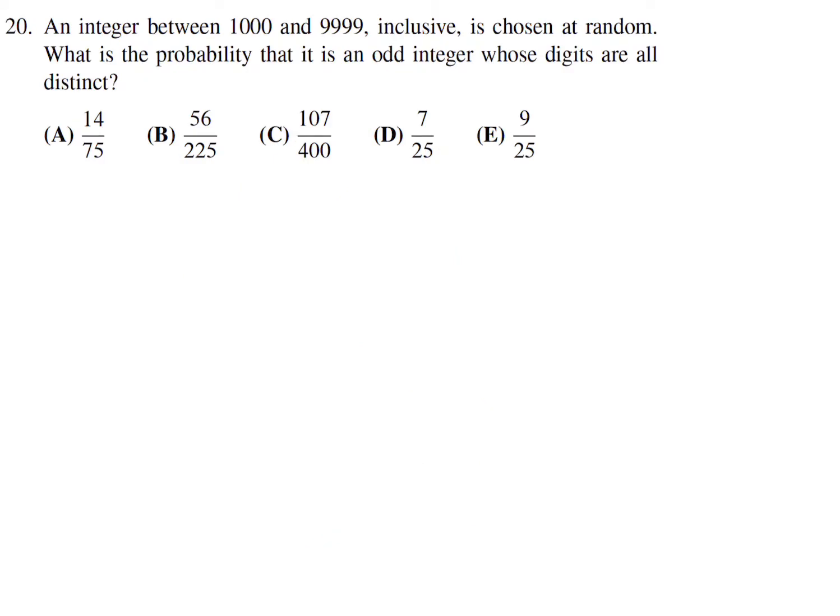An integer between 1000 and 9999 inclusive is chosen at random. What is the probability that it is an odd integer whose digits are all distinct? Okay, well, it's a probability question, so the denominator has to be the total. Well, the total is all the numbers that are between 1000 and 9999 inclusive, and that's going to be